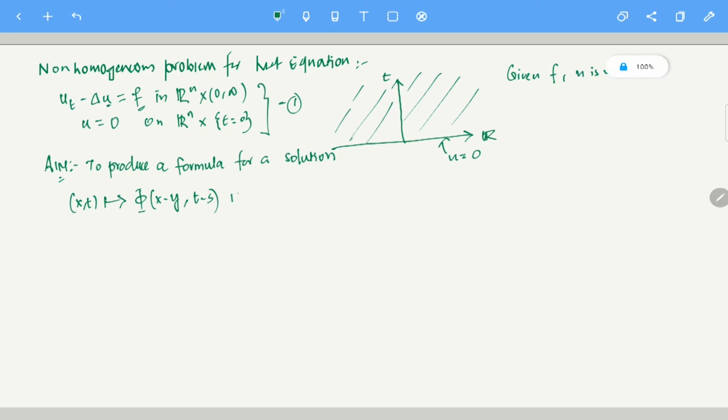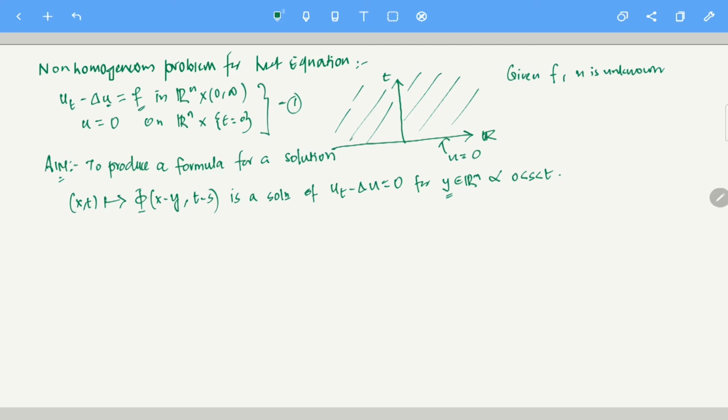Yeah, so this is a solution of u_t minus Laplacian of u equals to 0, right? That's your solution for y in Rn and s between 0 and t. So what I'm trying to say is this: let us assume that you are working with a y which is in Rn. Take an arbitrary point y in Rn and take s which lies between 0 and t. So s can be anything between 0 and t. Now you just look at what is phi at the point (x minus y, t minus s).